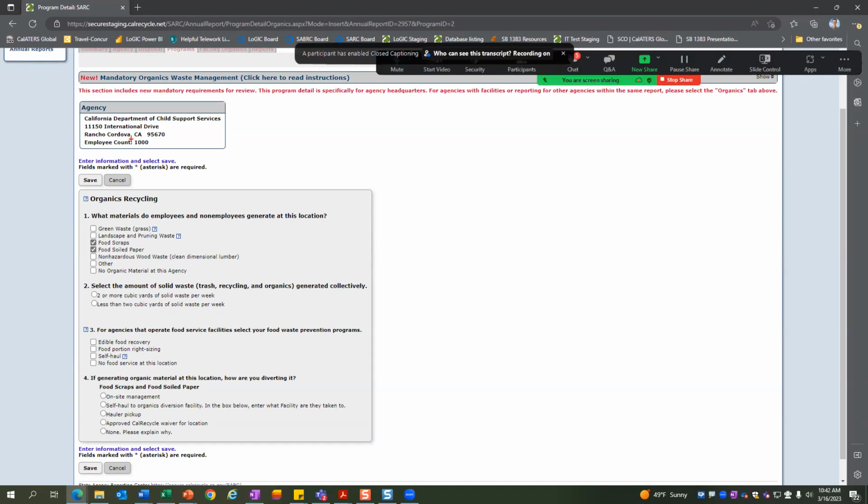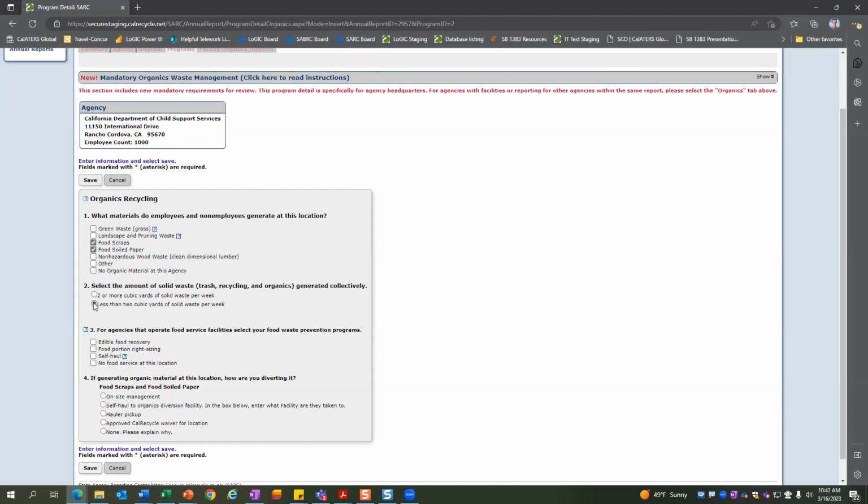So in this particular example, if you're telling us there's 1,000 people here and select less than 2 cubic yards of solid waste per week, without the context that out of this 1,000, there's 1% or 0% in the office, it doesn't seem reasonable to say that. So that's why we added that percentage and why it's so important to be accurate with that number. And so you just select the option.